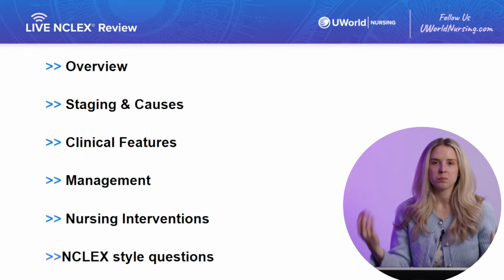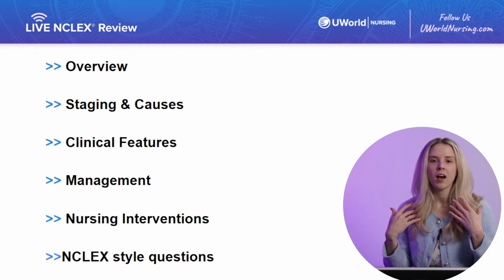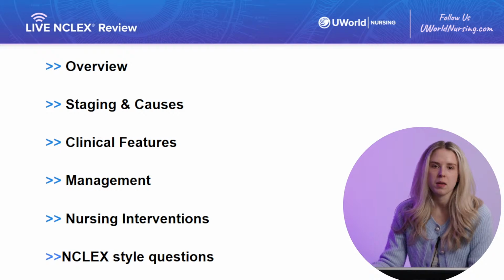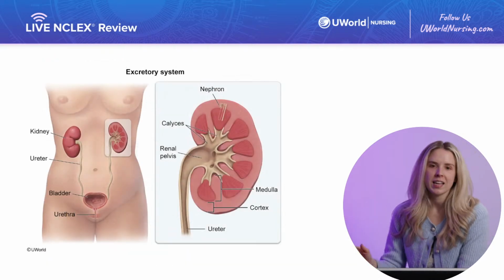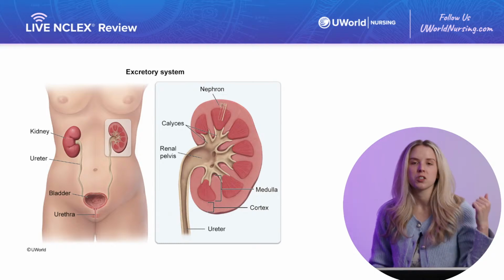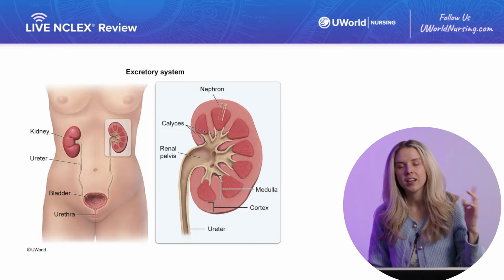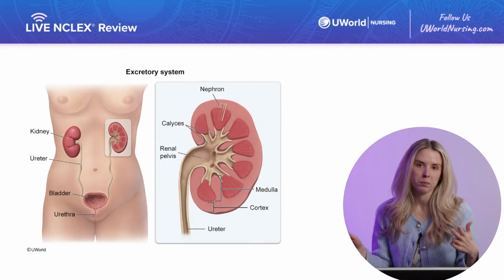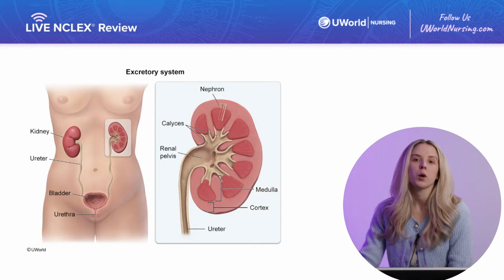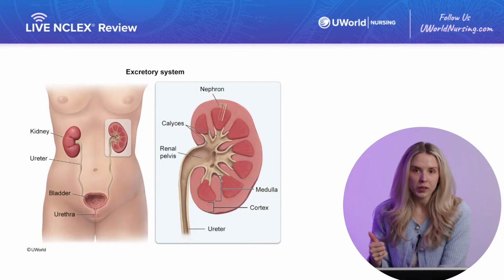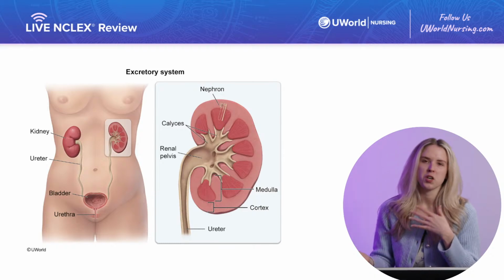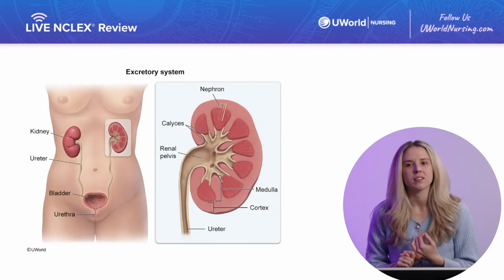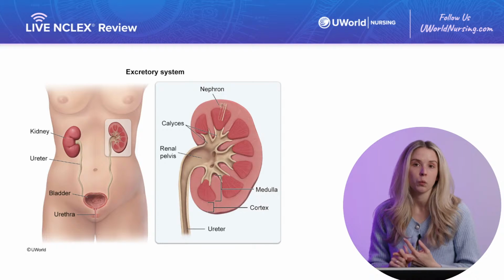So how we split up the functions of the kidneys, we're going to hop to a great excretory system image. Anything that we put up here, you guys are free to screenshot and take with you. The kidneys are going to excrete, filter, and produce. That's how we divide up their functions. So let's look a little bit more closely at these. They excrete the body's toxins. They filter, deciding what the body should hang on to and what it should get rid of. These include elements like electrolytes, fluid, and waste products.